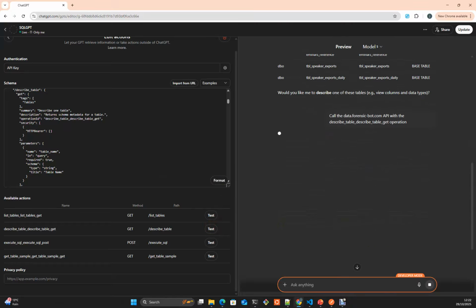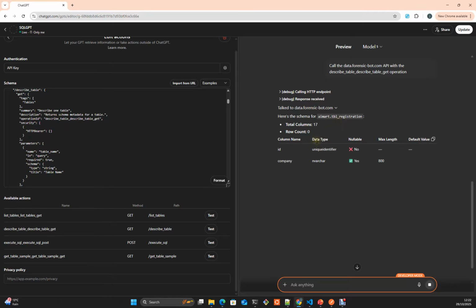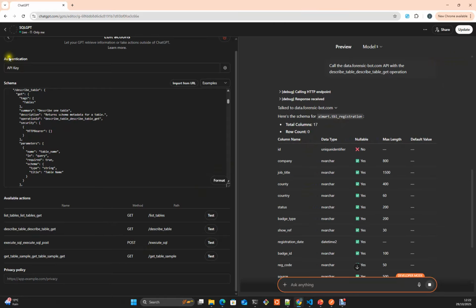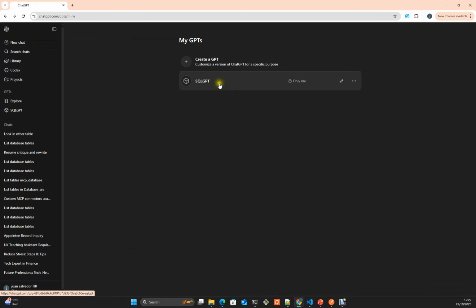Let's test what's going on here. Yeah, it's taking one of the tables. You can do the test here. Once you are happy with that, you can simply update or save, and once you have it done, you can go back and use it.